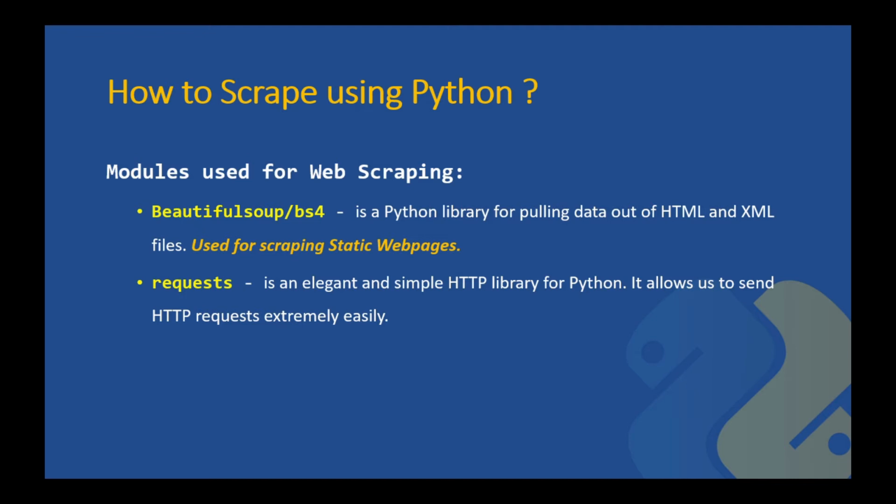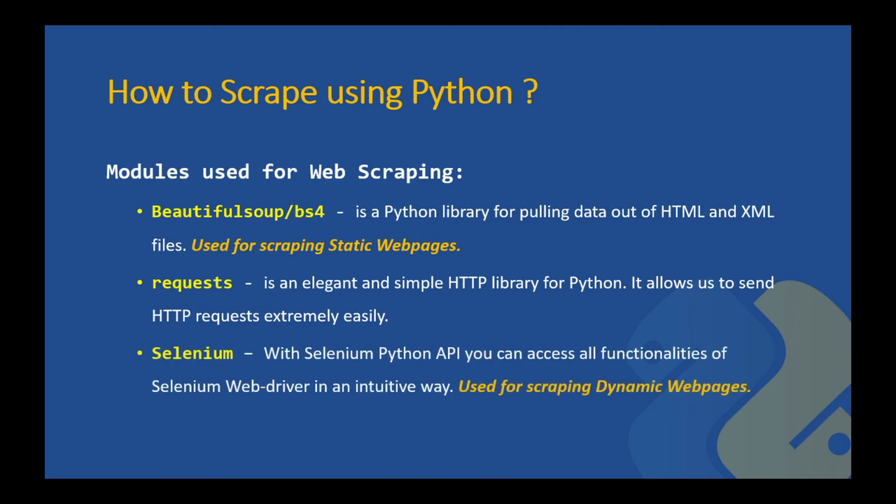And then we use Selenium. If you are from a testing background, automation testing, they use this tool called Selenium for testing purposes. So it's the same thing. This Selenium is used for scraping dynamic web pages. And what are dynamic web pages? Dynamic web pages are those kinds of web pages where the data is being loaded by JavaScript on a certain event, like you click a button and something in the DOM gets hidden or something is added or shown. So in that case, we use Selenium.